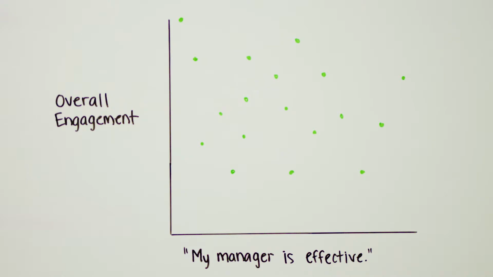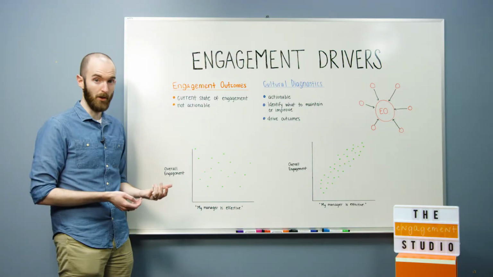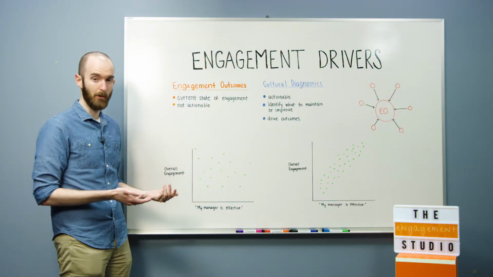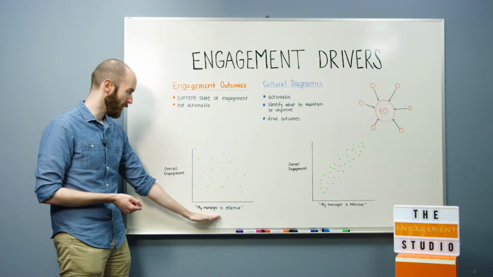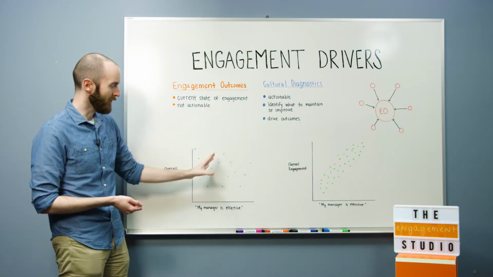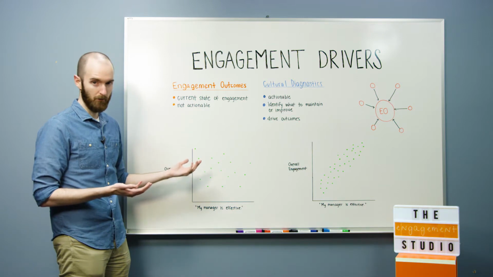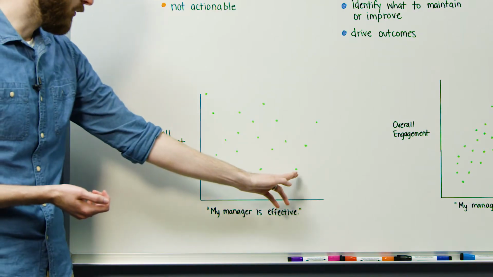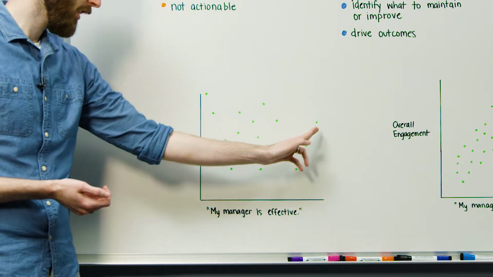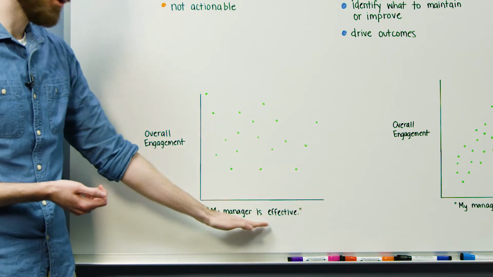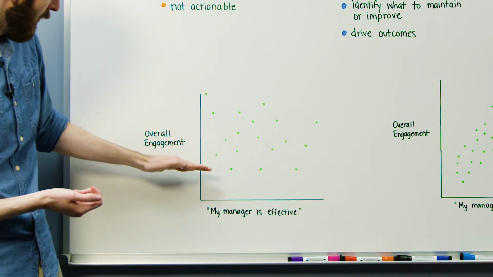What we can see is that with each of these dots, which represents, say, an individual employee's perceptions, there's really no systematic relationship going on here. So this driver is calculated through correlation, or essentially the association or relationship between these two variables. And because there's really no systematic relationship going on here, we can't really say that it's driving engagement, because some individuals have pretty high perceptions that they're quite favorable about their manager being effective, but they're lower in terms of